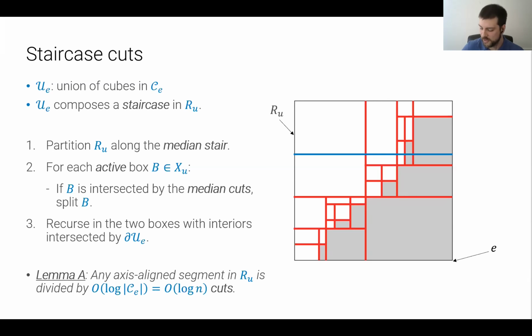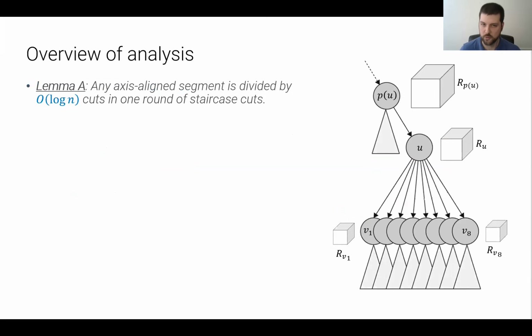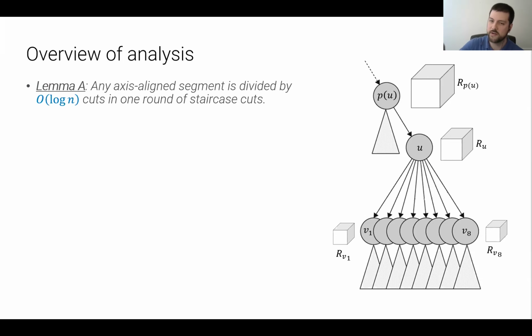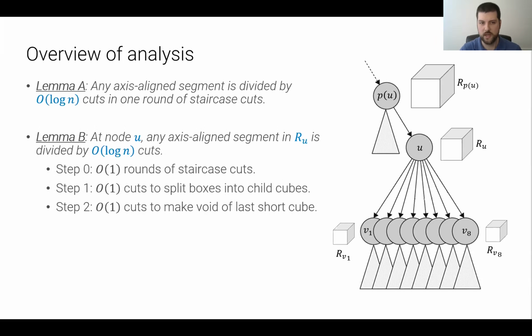Right, so that concludes how we do the staircase cuts. And now let's summarize the impact of doing them in this way more globally. So, an overview of the analysis. Generally, one round of these staircase cuts is cutting any segment log n times. And hence it's not hard to show that locally at a node U, all of the cuts being performed, so a round of staircase cuts for each of the edges of RU, and then either the constant number of cuts to split the boxes they fit in the child cubes, or if it's a leaf node, the cuts to make void of the final last short cube,